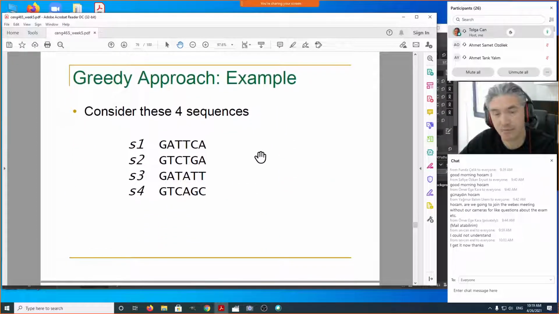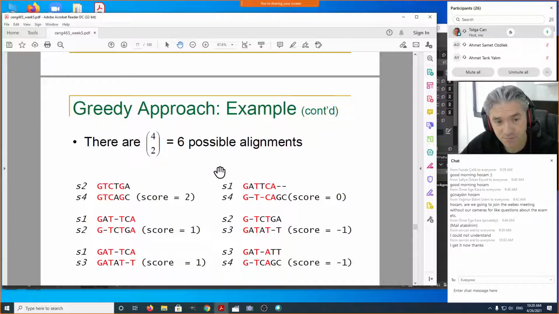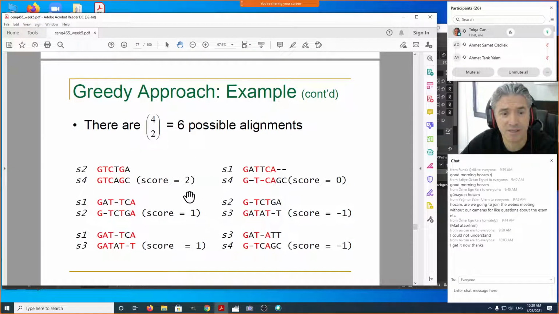So here's an example of this algorithm on 4 sequences, S1, S2, S3, S4. What we do is we first conduct these 6 alignments. I don't know what the match and mismatch scores are, but the scores are just given to us here. So S2 and S4 seem to get the best score. So we use this alignment. Basically, after we have this score, it means that this score is an outcome of some alignment. We don't need to realign them. The alignment can also be stored somewhere. And we see that this is the alignment.